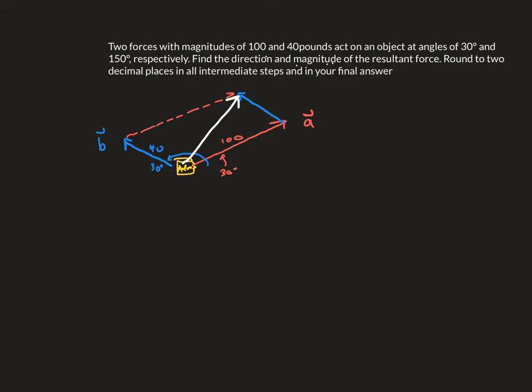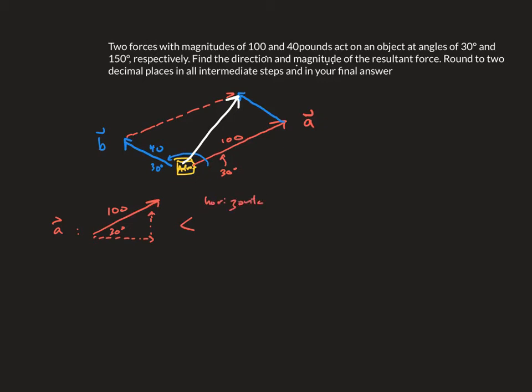So I want to resolve vector A and vector B into their horizontal and vertical components. So we've got formulas to do that. We're basically dealing with triangles, right? And so if I were going to look at vector A, it is this 100-pound force that takes off at a 30-degree angle. And I want to find its horizontal component and its vertical component. And I know that it's got a force of 100 pounds. So for its horizontal component,